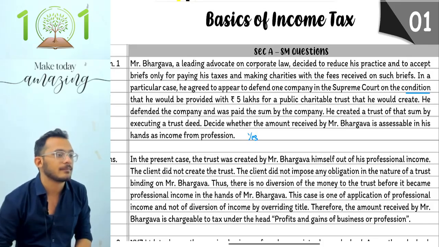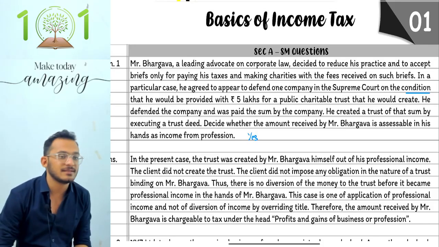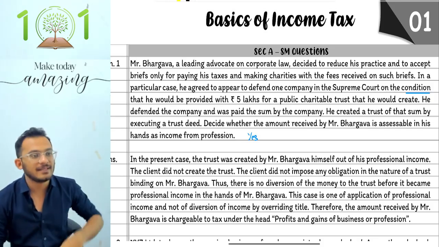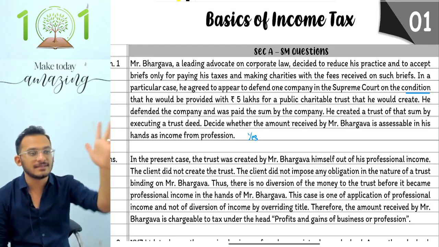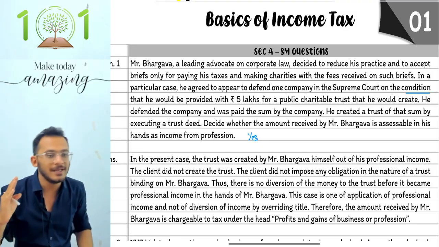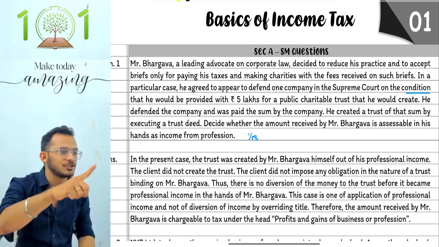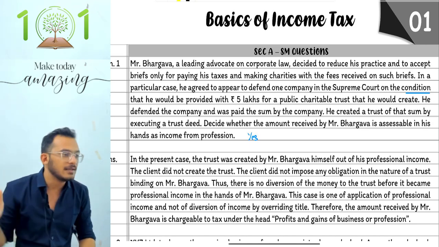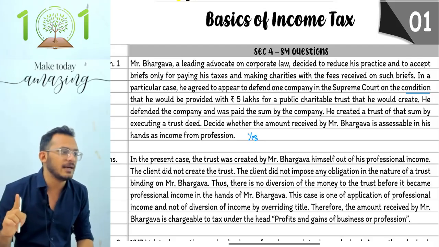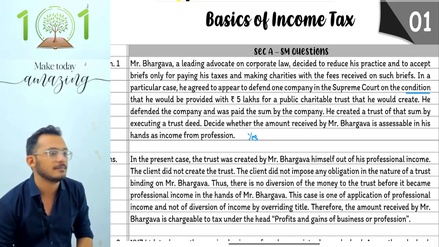This is treated as an application of income and thus is taxable in the hands of the assessee. In the present case, Bhargava has defended a case and has received 5 lakh rupees, which has been transferred to a charitable trust on the direction of Bhargava. Thus, this will be treated as application of income and will be taxable in the hands of Bhargava under the head